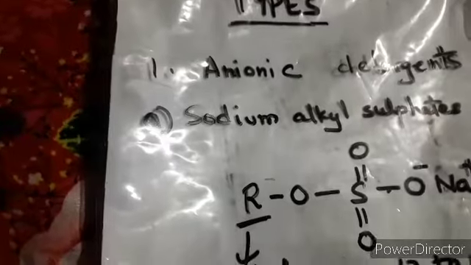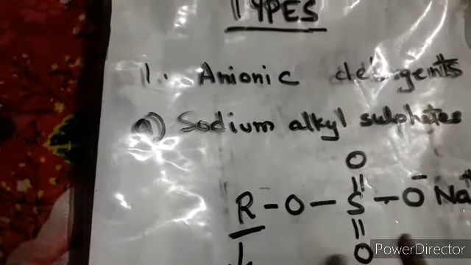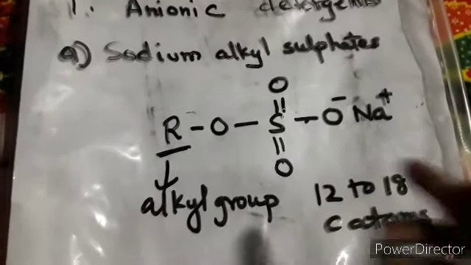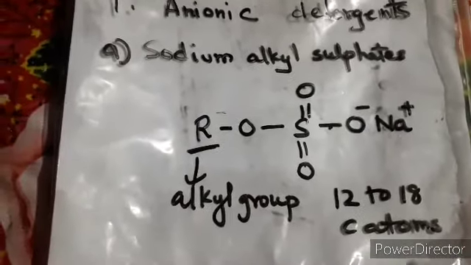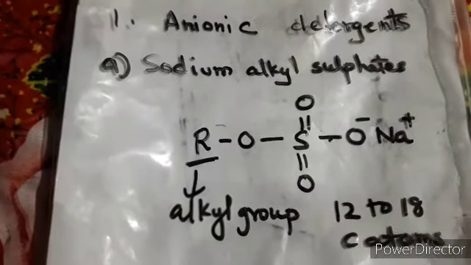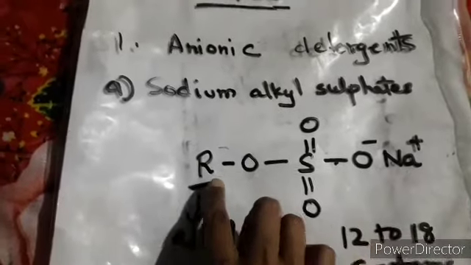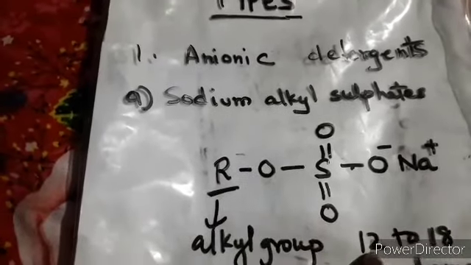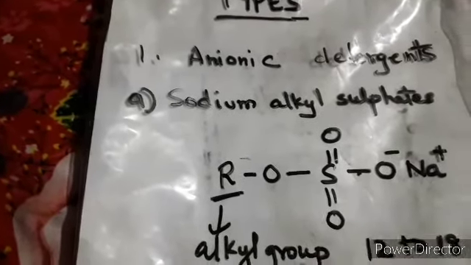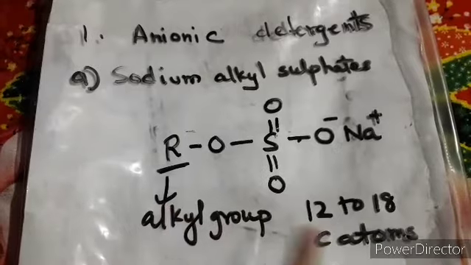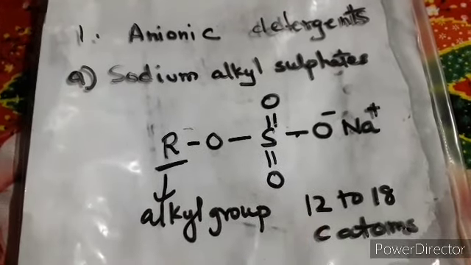So you can change this on your own, and you can write down the formulas on your own. So let's take a look and we can make one formula. What we have to do is, this portion you can leave as it is till here, but this portion we are saying about 12 to 18 carbon atoms can be used. So just remove this. I think you have seen this general formula, and you know that this is an alkyl group. Over here it contains 12 to 18 carbon.